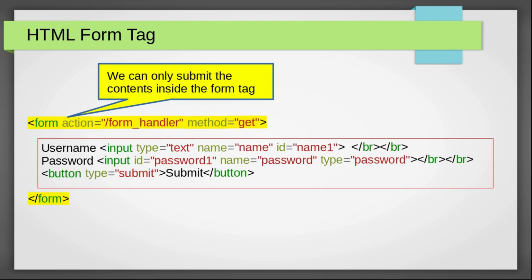Here, you can see the content marked in the rectangular box. All the input fields for which you want to receive data should be placed inside the form tag. That is, if you want to get the username, create the input field and then place it inside this form tag. And for the password also, you can do the same.